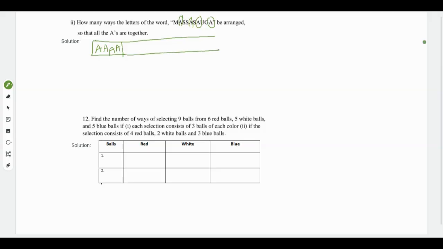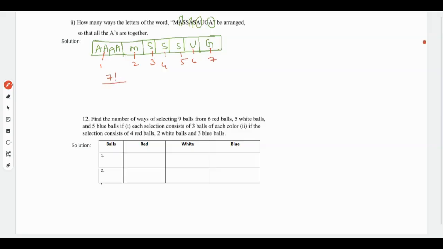Then the left out are M, S, S, S, U, G. If you count, it is 1, 2, 3, 4, 5, 6, 7. So there are total 7